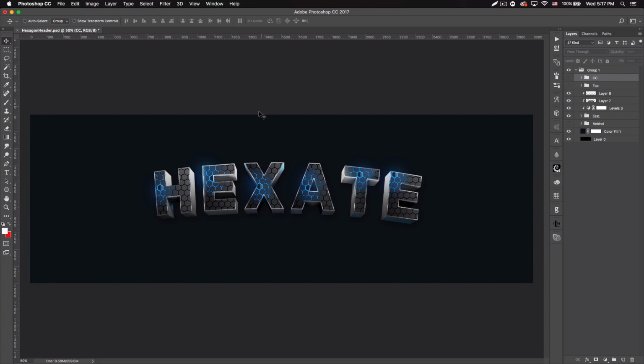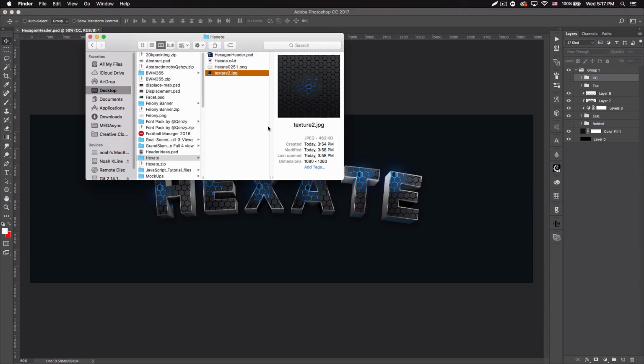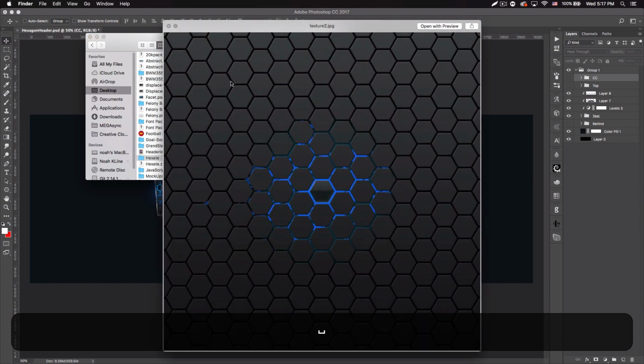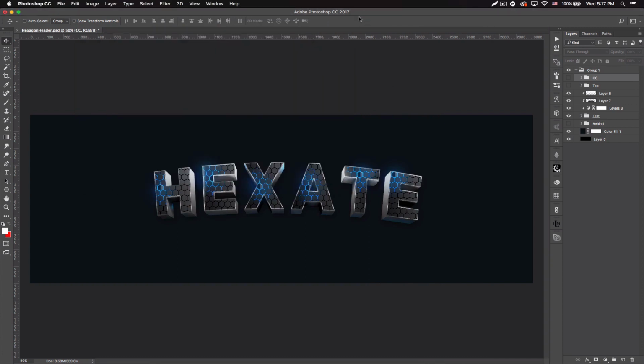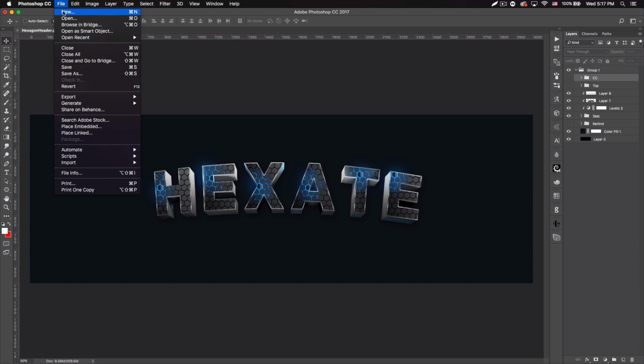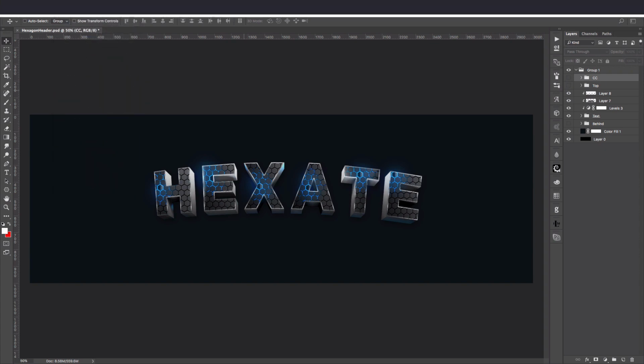So the first thing we want to do is create this texture. Now originally I had used this texture off the internet, which is a pretty nice one, but you can create your own, which is pretty simple, and you can vary the results to your liking, and also then you're just not taking an image from the internet. So let's go ahead and create a new document,